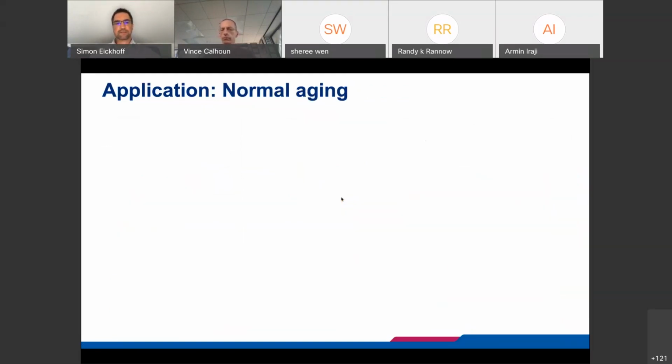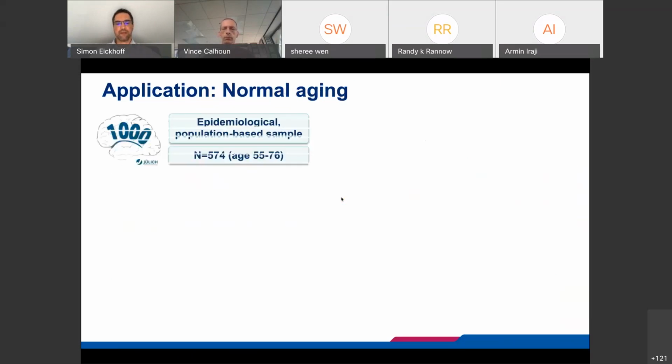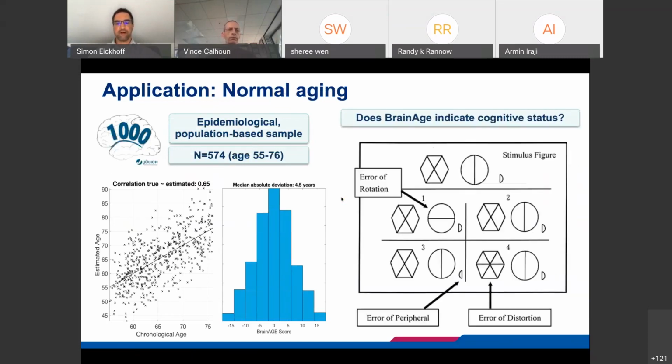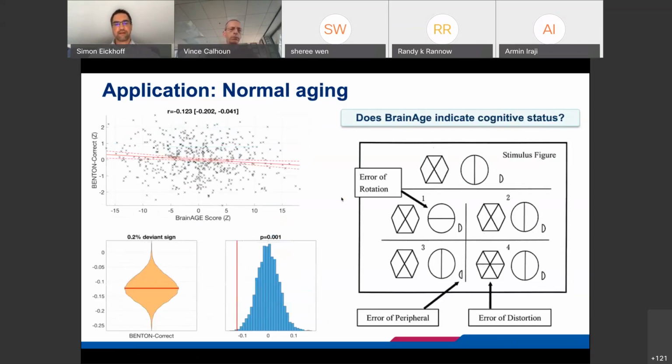Last but not least, we also tested whether we can find an association with cognitive performance in normal aging. Here we looked at the Benton score, a classical neuropsychological test for brain damage. And this really reinforced the picture. Yes, there are fairly robust differences, quite robust, but they are small and they're accompanied by a lot of individual